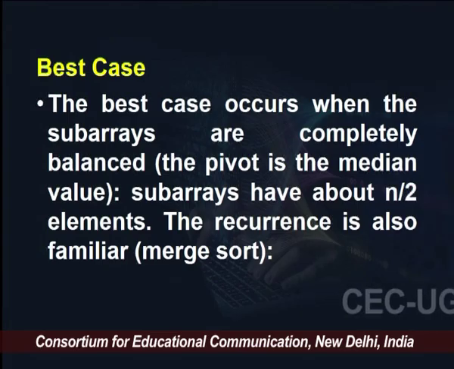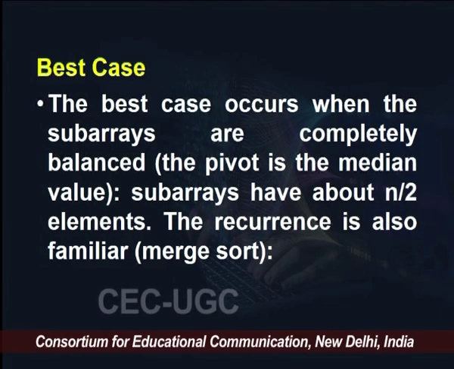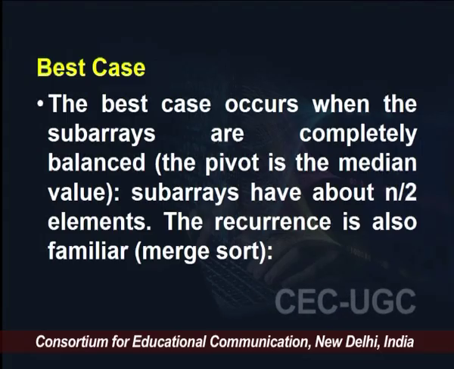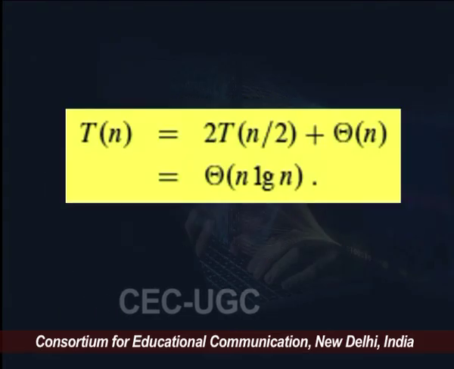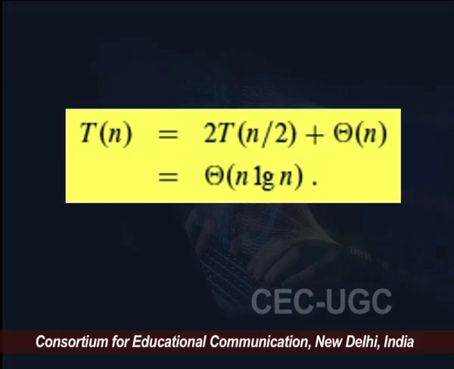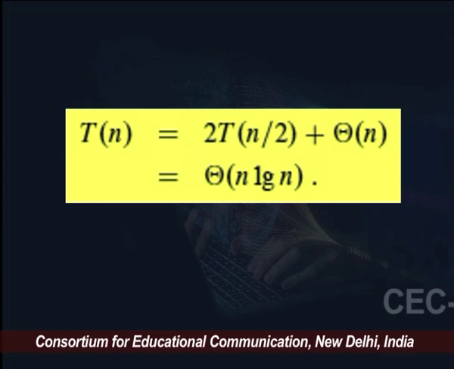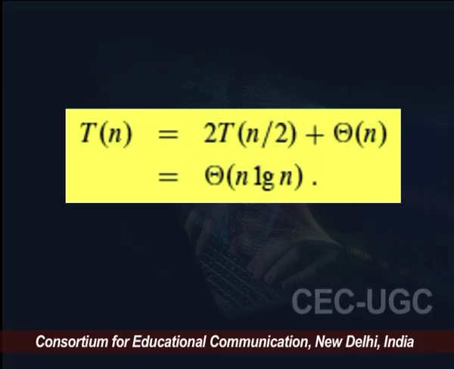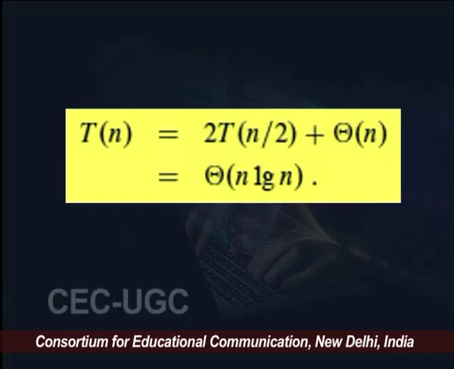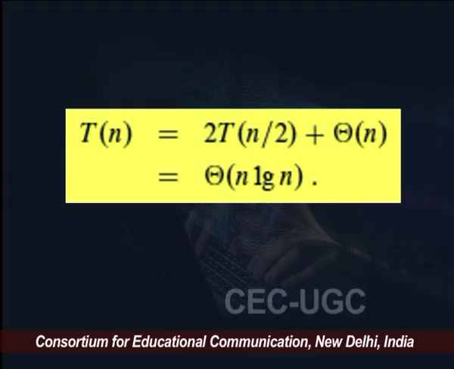So, two portions of n by 2 size, approximately n by 2 size. This gives a feeling of a familiar recurrence relation, which is nothing but that of merge sort, and this is going to be the recurrence relation for a balanced partition in which there are two arrays. So, 2T, and each array is of size n by 2 approximately. So, 2T(n by 2) for those two partitions of n by 2 size each, plus theta n. That theta n, as I have already told you in the previous case, accounts for